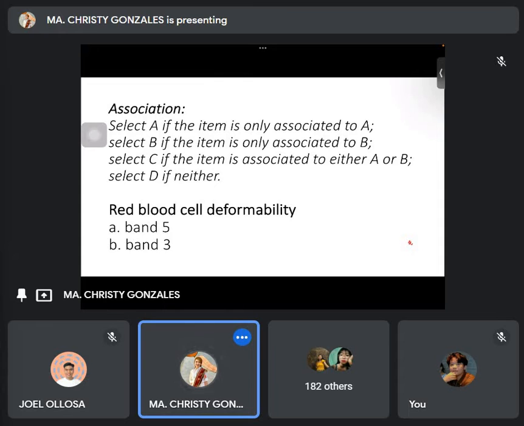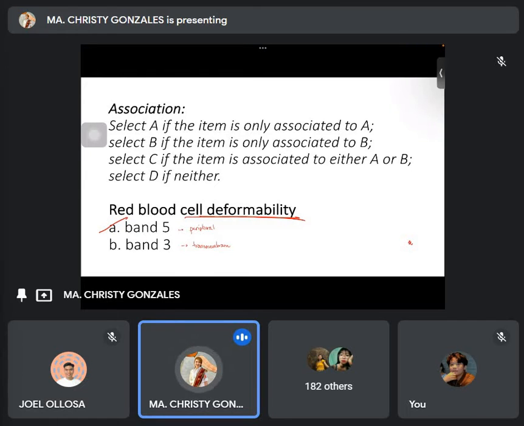Band 5, band 3. Deformability. Which of them is this? This is a peripheral protein. This is a transmembrane protein. So, if we are talking about deformability, then we choose peripheral. Transmembrane proteins are only important for the passage of ions and signaling receptors, but they are not involved